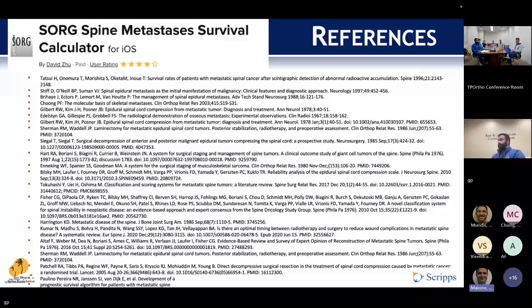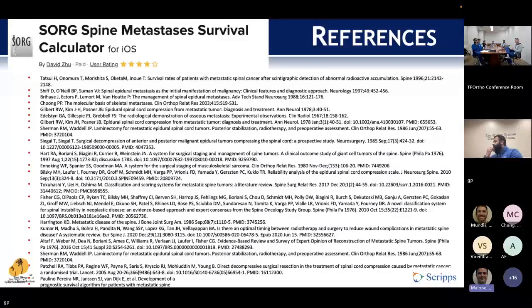Obviously the neurologic issues and the stability issues are pretty straightforward, and you can use the same surgical thought process as you would for other spinal disciplines. Right. And there are scoring systems that will really help you. But what I want your mindset to be is, okay, obviously I've got to take care of neurologic issues. I've got to take care of stability issues. I'm a spine surgeon. I can do that.